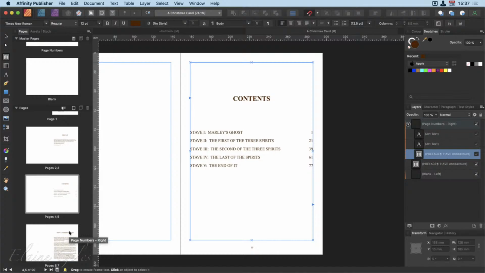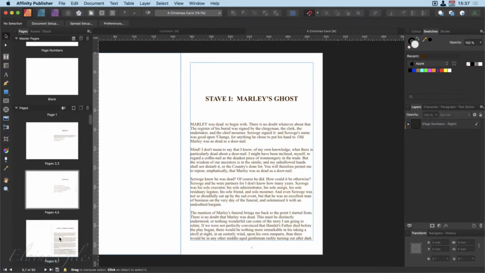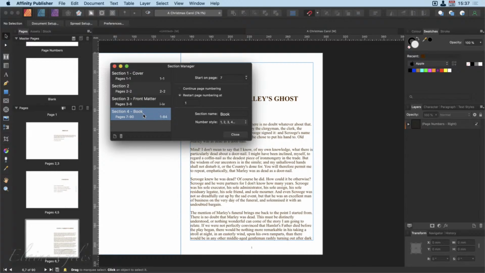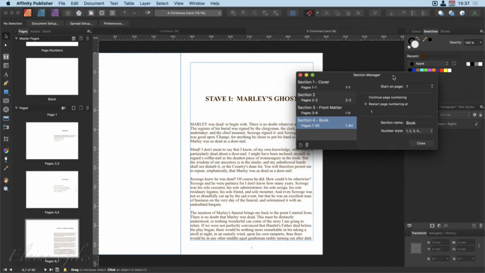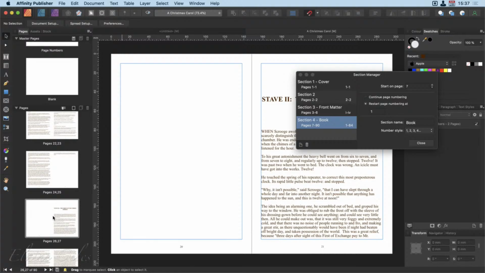Okay, so we've done that. But let's take a little step back and look at some other fields. So, one thing you could do, and shall we do it? Oh, let's do it. Never mind how long it takes, let's do it. Right, in the Document Section Manager, we've got the entire book as one section, starting on physical page 7, which is this one here. If we go through, then the second one here on that page, which is physical page 27,